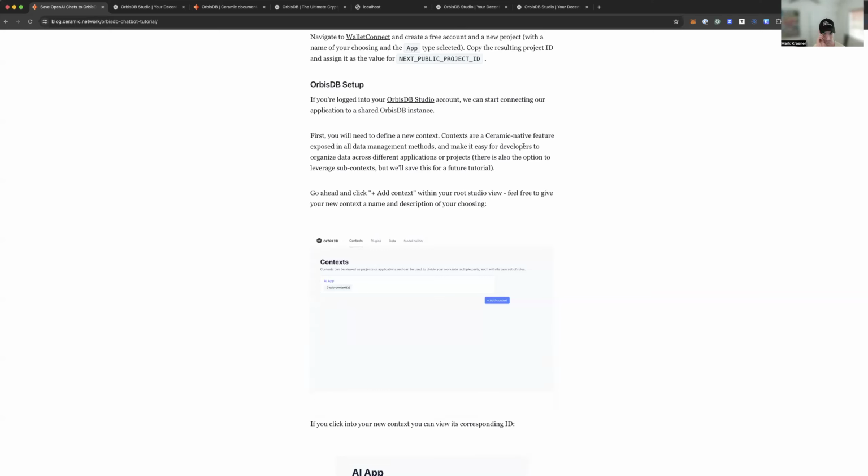So if you're working with a shared instance, you'll need a context regardless. If you're setting up your own instance, which you can do with OrbisDB, I don't think you need a context. I think it's optional, but we'll go ahead and set this up. And just to talk about context really quickly, if you have different project environments that you want data models to be applicable for or relevant for, it's a great way to segment those data models and the corresponding data instances